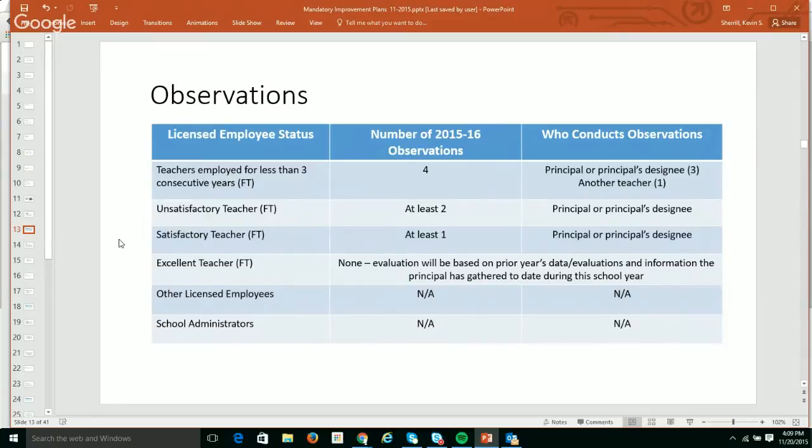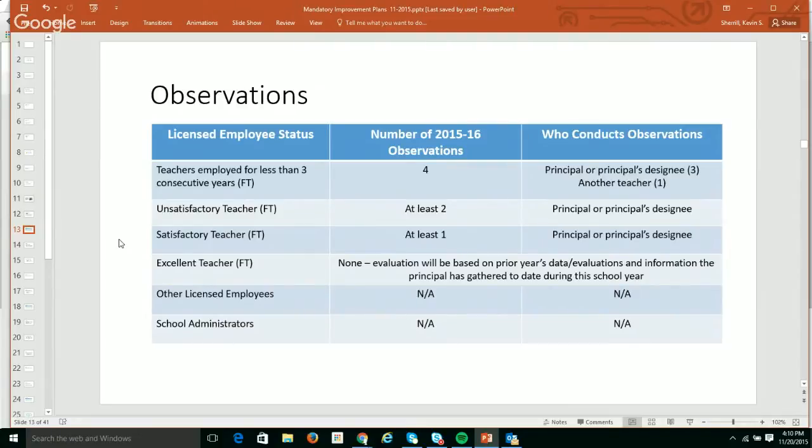If you've only done 1 this year, then go do another one, and you've gotten at least 2 observations. So for those unsatisfactory teachers, we're not giving you a whole lot of criteria around that, except you heard the standards and criteria that we're going by. I showed you the slide of what's important to our district, that professionalism, attendance, and all that stuff. So if you have somebody that's really failing in those areas, they're probably going to fall under this unsatisfactory teacher category, and you're going to want to do at least 2 observations before you do your